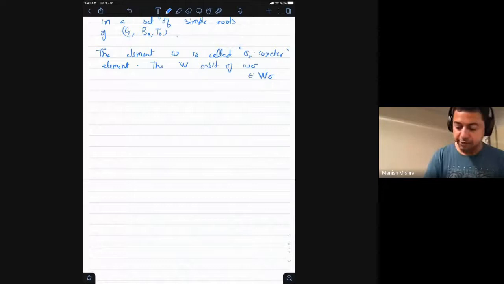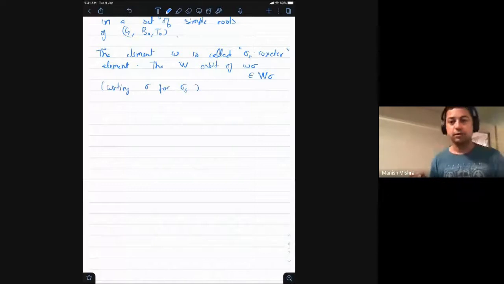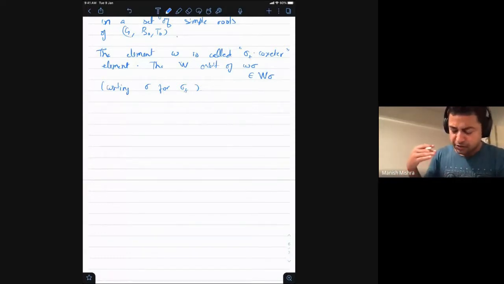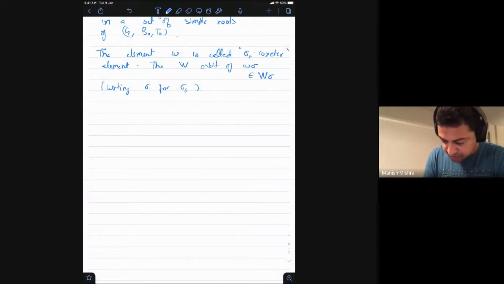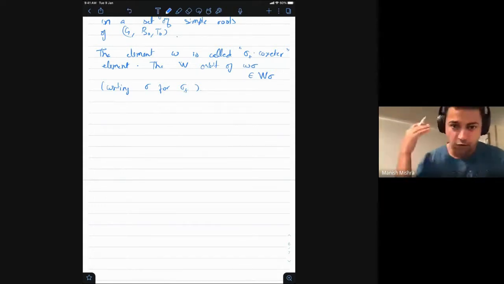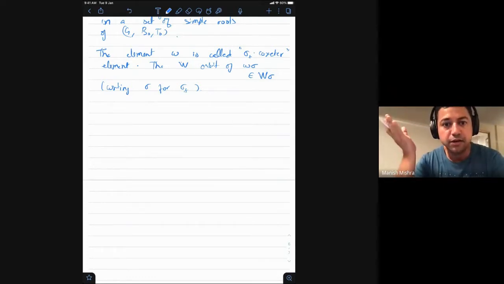I'm writing sigma for sigma F. When I write omega I sometimes call it W, but I mean omega, because I use W notation elsewhere. A twisted omega conjugacy class